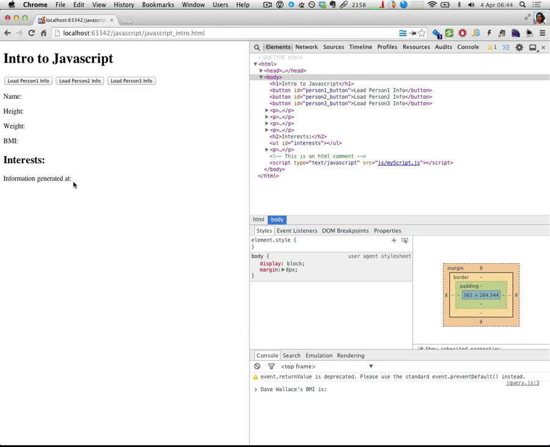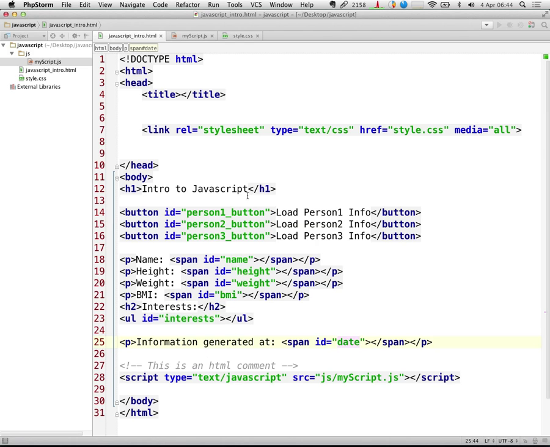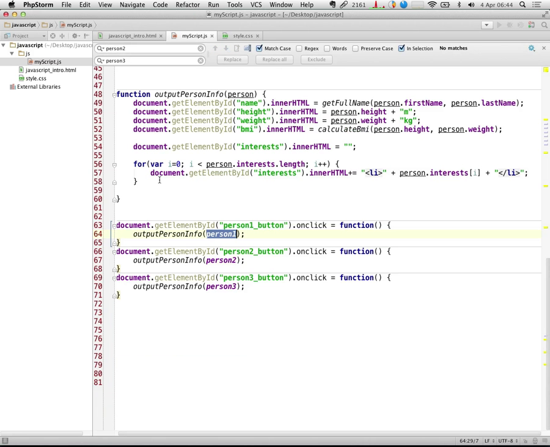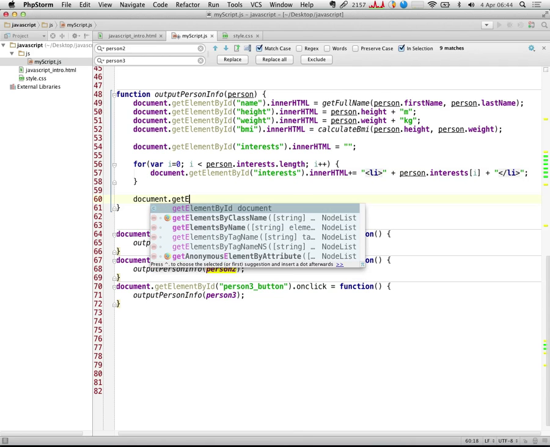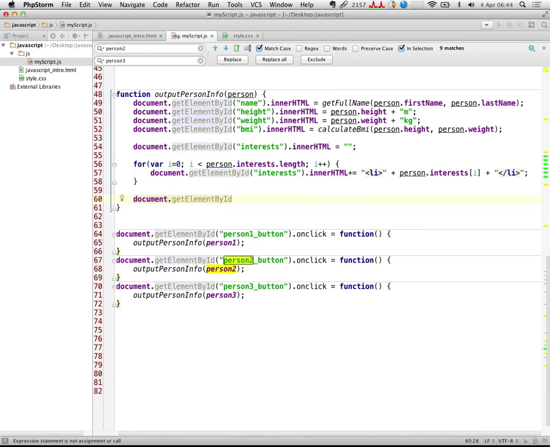Okay, and basically I want to output the date whenever this was generated here. So what we'll do is go back in here, just modify our output person info function, and we'll do another document.getElementById, in this case the date one, and we're going to set its innerHTML to be equal to